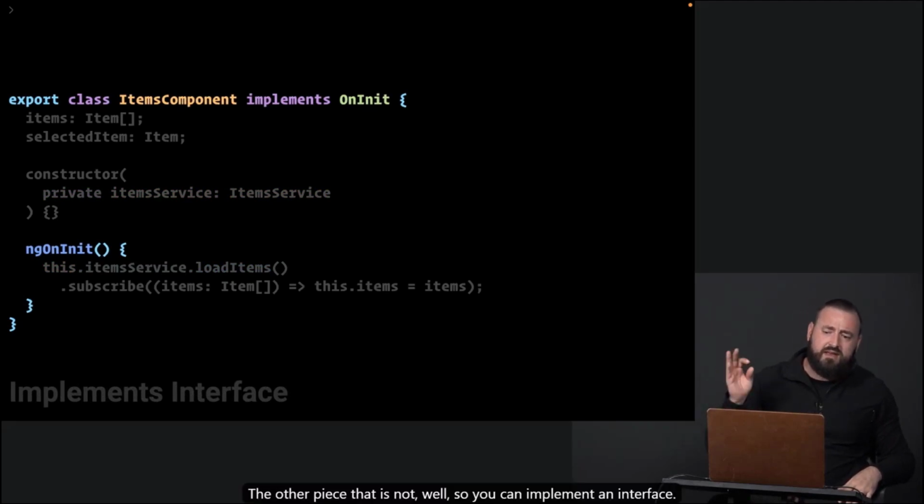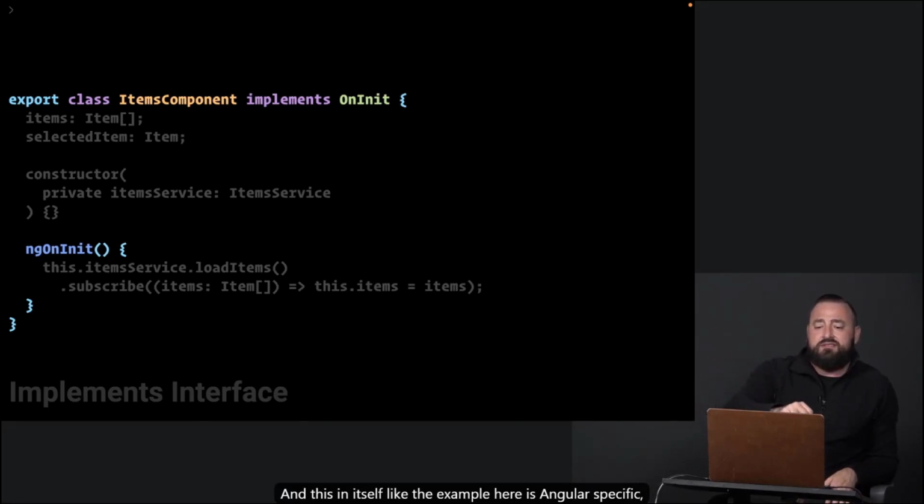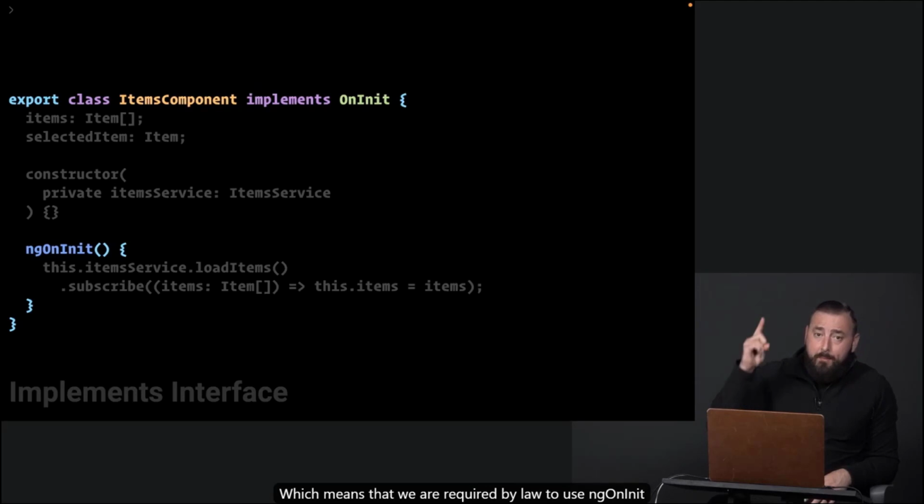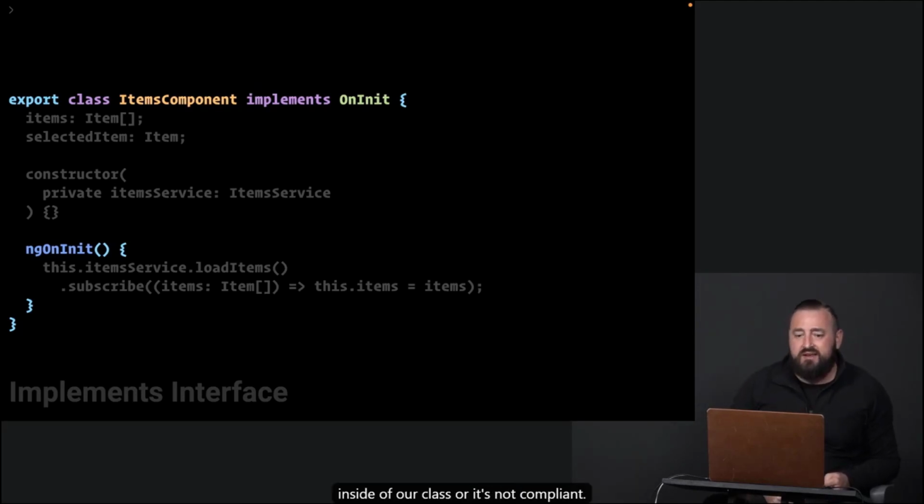The other piece is that you can implement an interface, and this in itself, like the example here, is Angular specific, but it allows us to say, we are going to implement the OnInit interface, which means that we are required by law to use ngOnInit inside of our class, or it's not compliant.